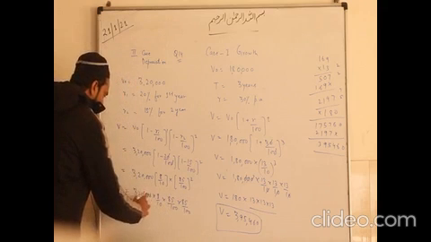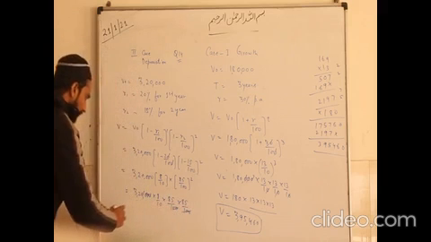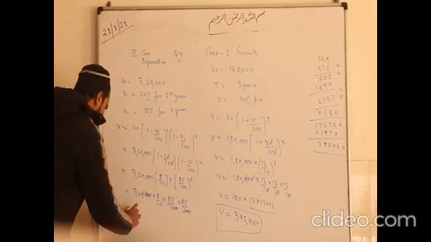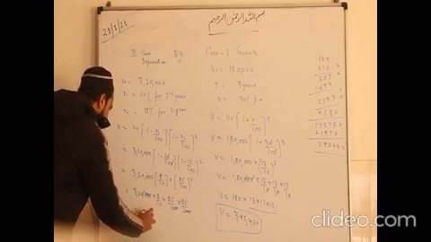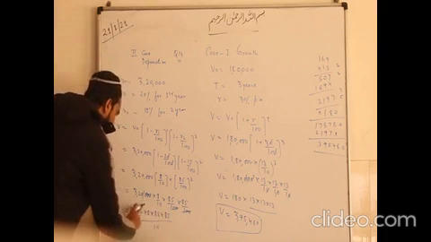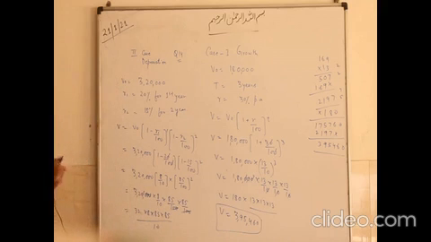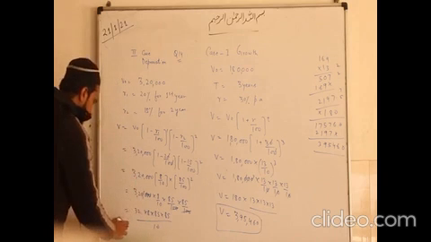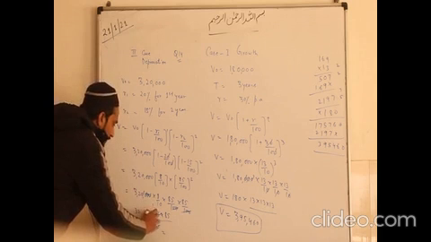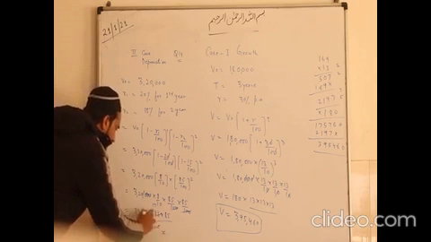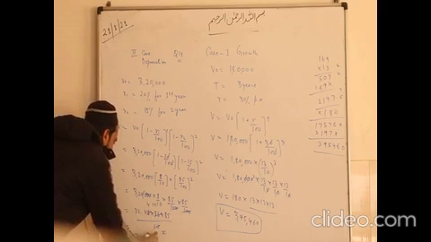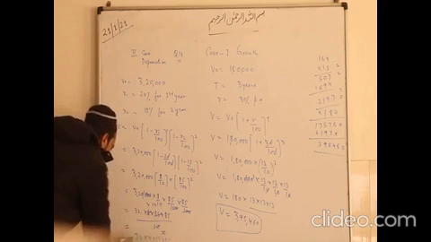So 1, 2, 3, 4 zeros will cancel out. What is left here? 320 into 8 into 85 into 85 by 10. Sorry, this is 32; this is also cancelled. Now only we have to solve these values. 5 into 10, 5 and 5, 3 is left; 5 times 7 is 35. Now 2 fours are 8. So now 32 into 4 into 17 into 85. This is the only calculation.